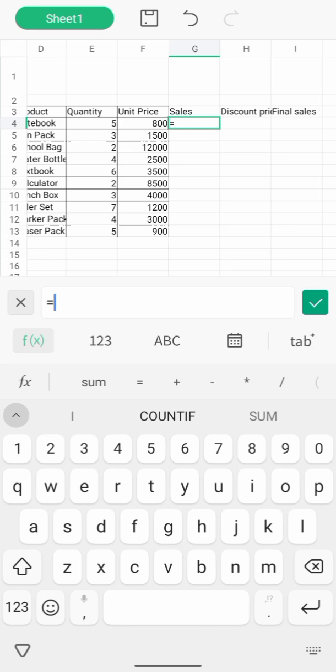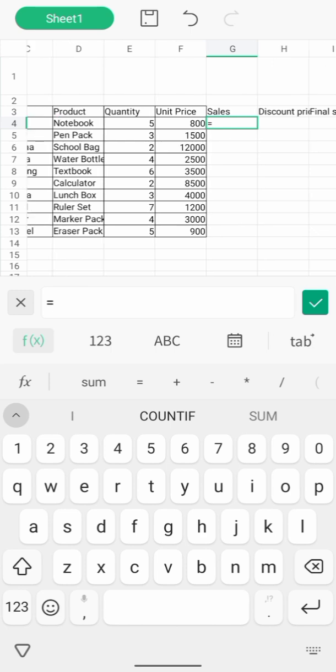Calculate the total sales, and we are given just the quantity and the unit price. What is unit price? Unit price is what each product costs. That is the cost of each product of the notebook. So that is product